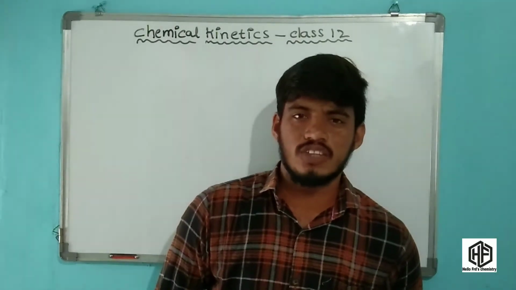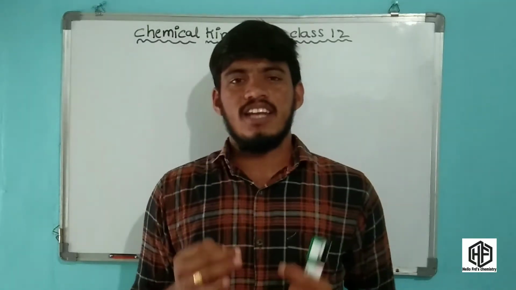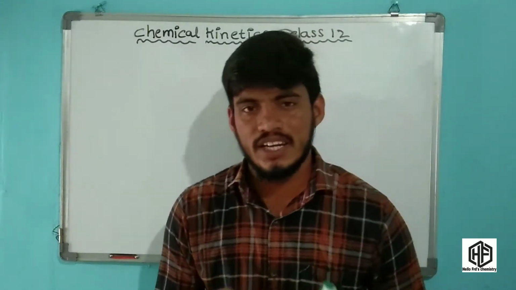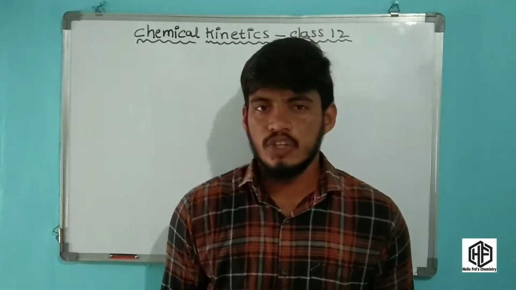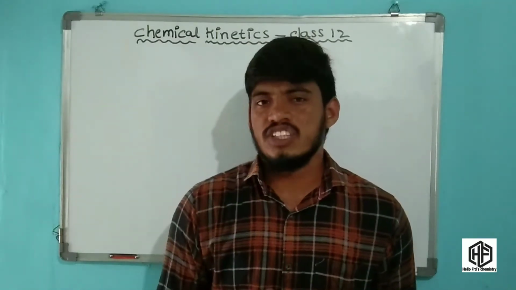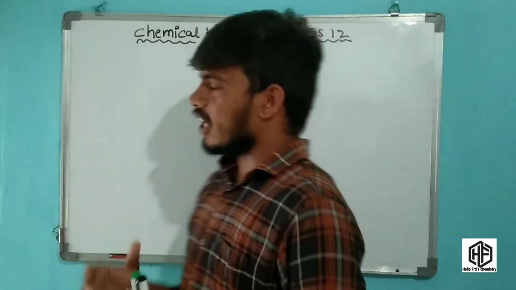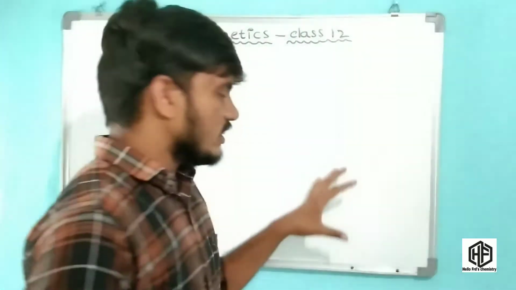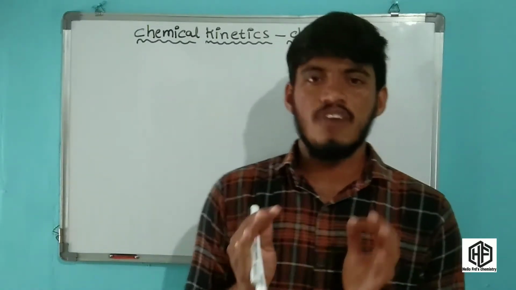In this video I am going to talk about Chemical Kinetics class 12. In Chemical Kinetics class 11 I am going to talk about what is the Arrhenius equation and how to derive the Arrhenius equation in collision theory. Now this video continues the Arrhenius equation in collision theory. Let's start this section. Friends, in Chemical Kinetics class 11 I am going to discuss the different forms of the Arrhenius equation and the graph representation of the Arrhenius equation.